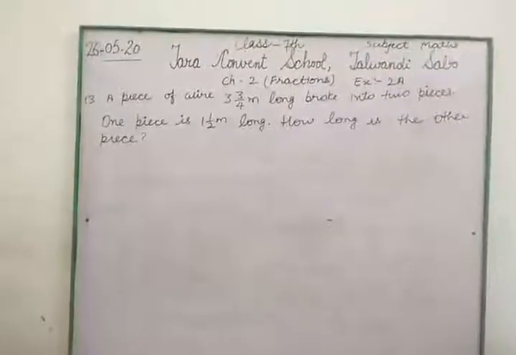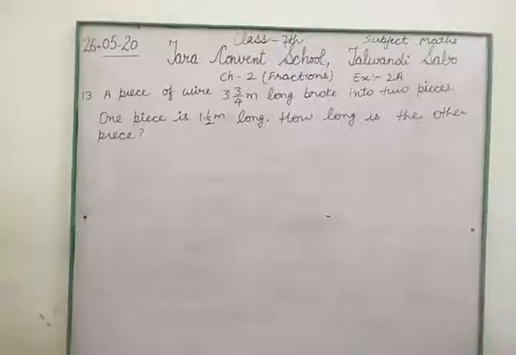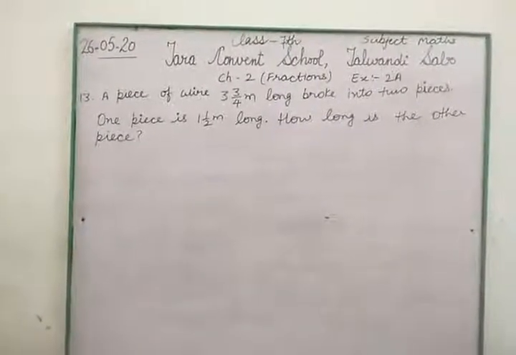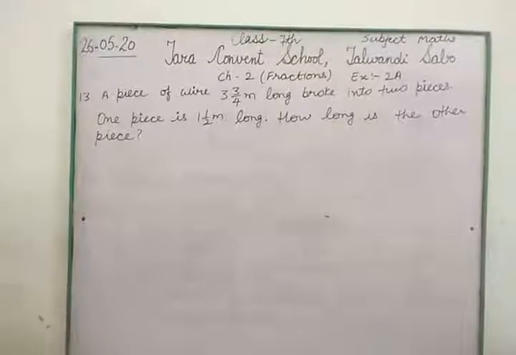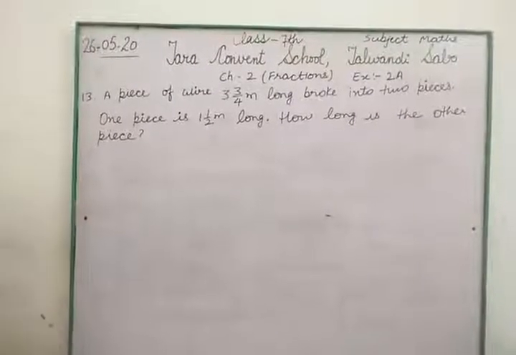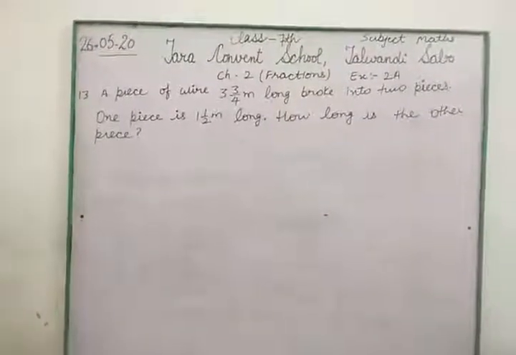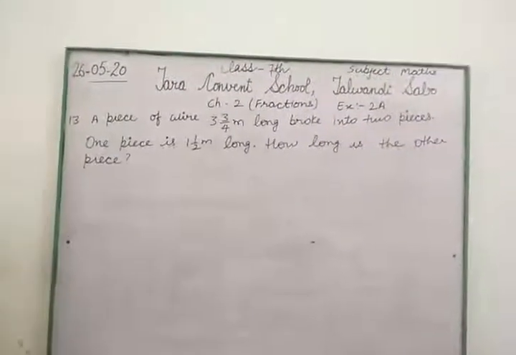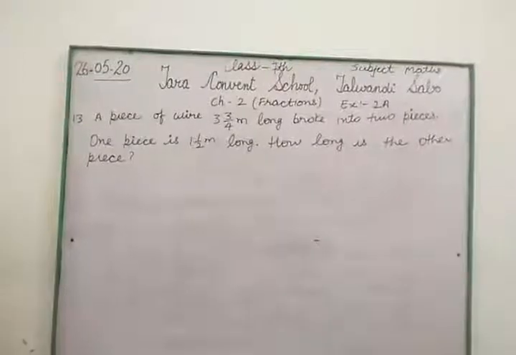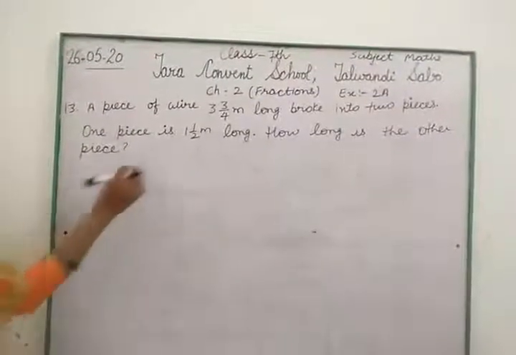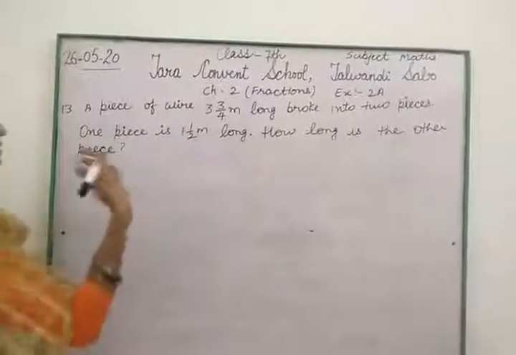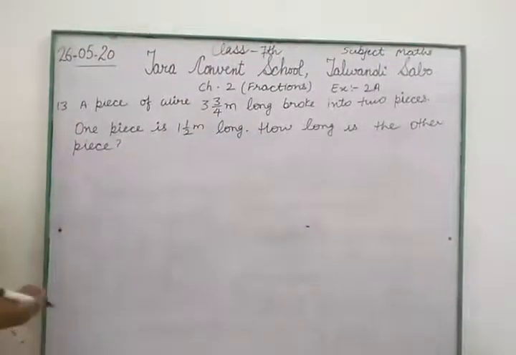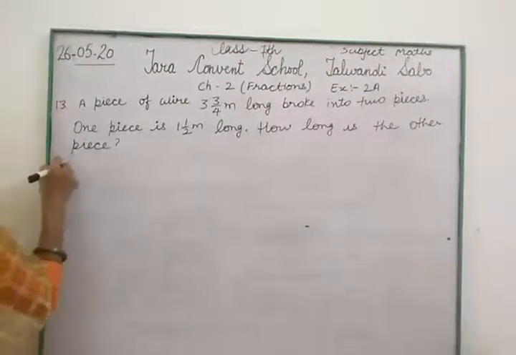A piece of wire 3 and 3/4 meter long broke into two pieces. One piece is 1.5 meter long. How long is the other piece? So the wire, which is 3 and 3/4 meter long, has been divided into two pieces. One piece is 1.5 meter long, and we have to find out the length of the other piece. Solution is